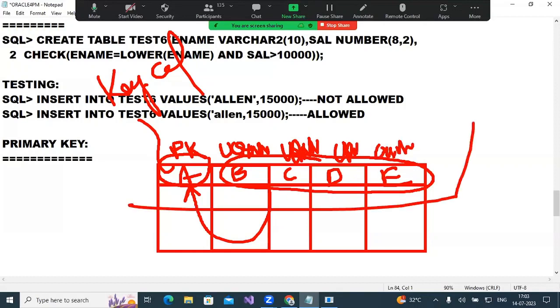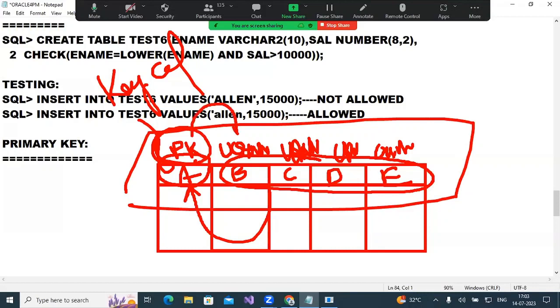So now what happened? All are having the same nature. Now all columns do not allow duplicates and do not allow nulls. So the primary key's nature is obtained with the combination of unique plus not null. But the unique plus not null combination, you can apply on any number of columns. There are no limitations or restrictions. But primary key is having only